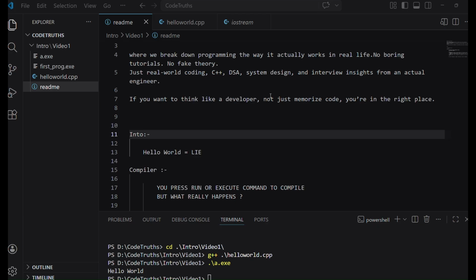Most people think running a C++ program is simple. Write code, compile, run, done. But that's a lie. I told you in the last video as well. Because behind the one click, or behind executing any command, there is more than you ever think. Actually, today in this class I will help you to know the process of what is actually behind a simple command which you are using to compile any cpp file, which gives you an executable .exe, and how it is working.